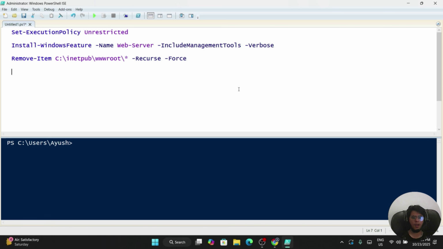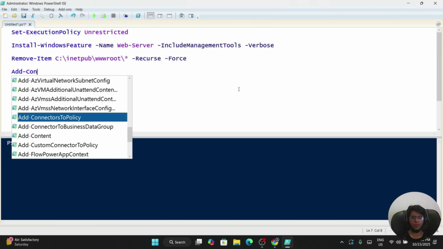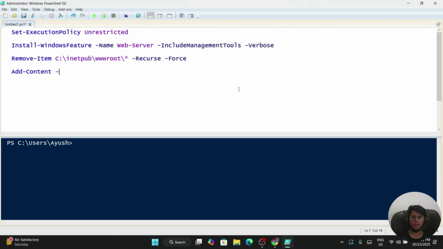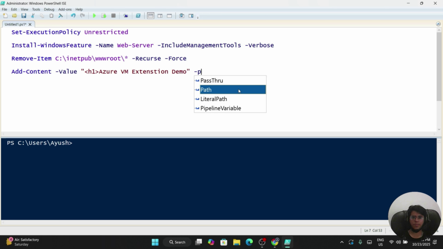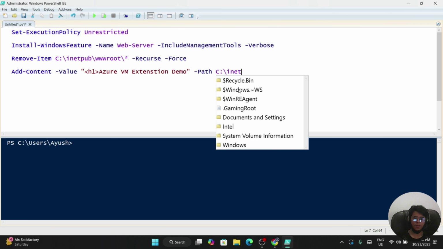Then after that, I want to add a new file over here, using Add-Content. Then I'm giving the value. Here, this is the value I'm writing: Azure VM extension demo. Then I'm giving the path here, C drive, inetpub,